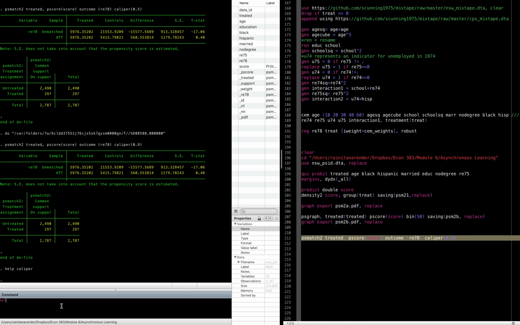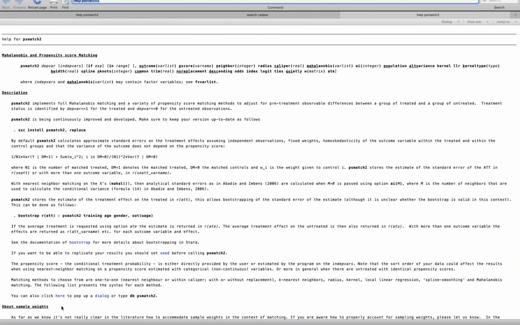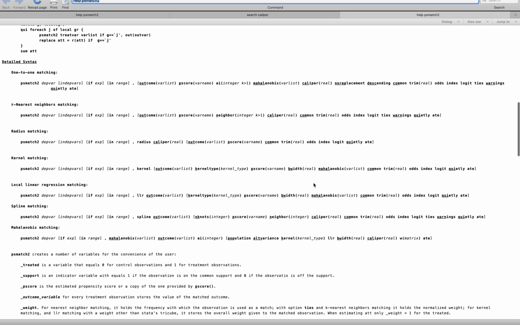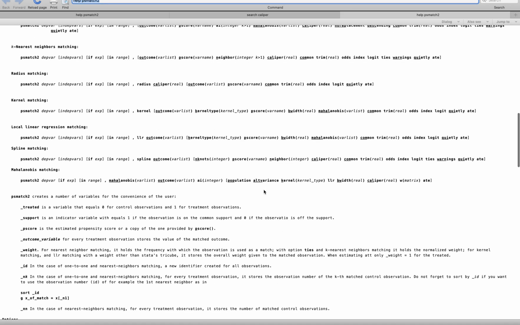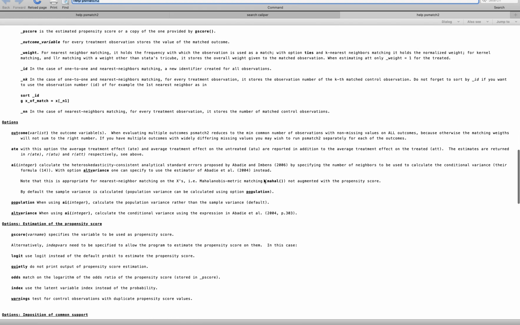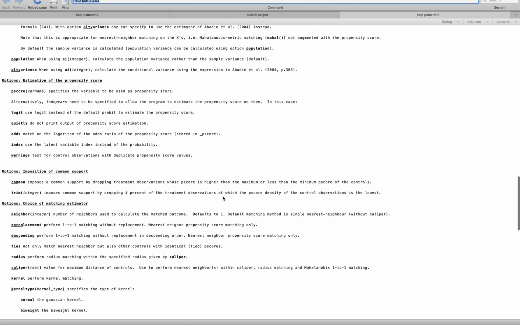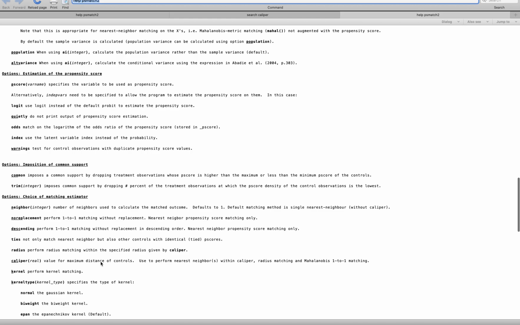All of this has a good one, so let's do help PS match 2. So matching methods to adjust for pre-treatment observable differences between a group of treated and untreated. These are the different matching techniques that one can do. We can trim common support by dropping a percent of treatment observations. The caliper is a value for maximum distance of controls, used to perform nearest neighbors within caliper, radius matching, and